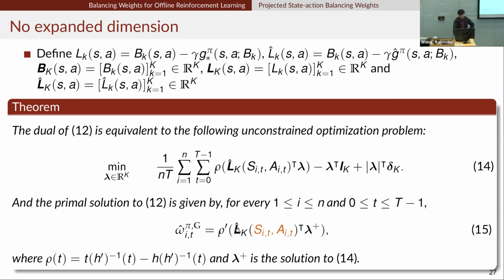So you can see that the working basis for our model is L_K hat. What is L_K hat? It's defined here. It's B_K minus gamma G hat, and it's a kernel ridge regression. In our theory, we actually show that it converges, not only for each K, but uniformly for all K. So that's why it's okay that you use all of them.